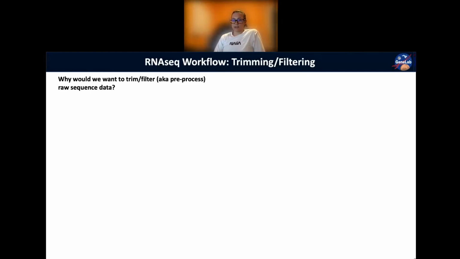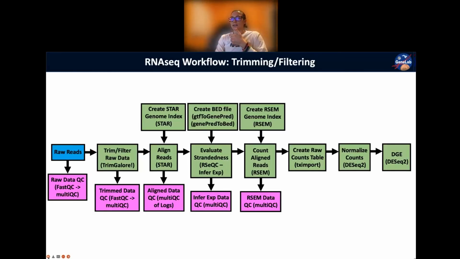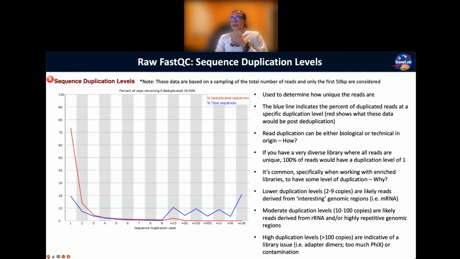Gotcha. So that's not working at the read level. Right. So it's more for genome assembly and after you have an idea of what the nature of those reads are when you put them together. So in this case, we don't know yet what these sequences are. And so all of the sequence, as far as we're concerned, is going to be good to go, came from a gene that we're interested in and knowing the expression, with the exception of, if we look at the position based on our QC data,